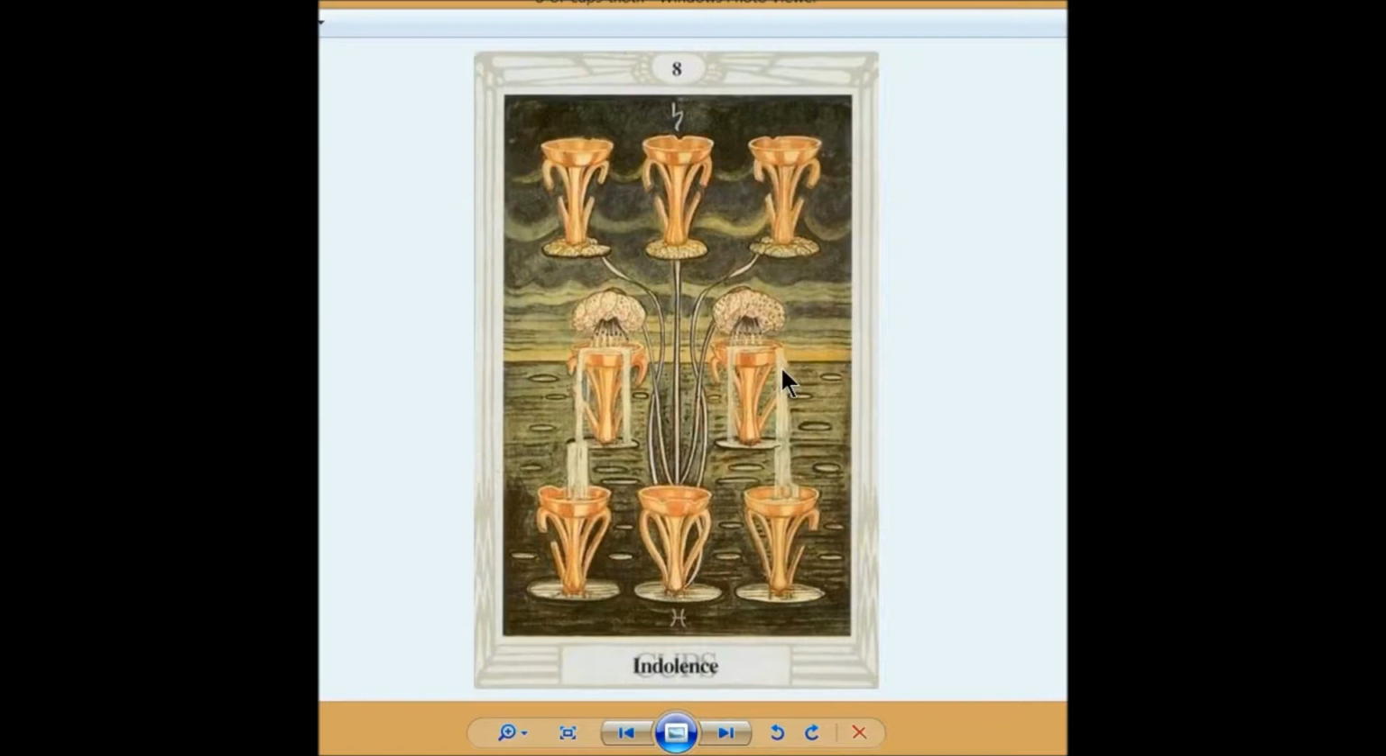So he's comparing the debauch card and the indolence card with Kundry, who either appears as a beautiful maiden, which would represent the debauch card, or as shabby, unkempt, and the dark woman, which would be in the domain of the Grail. So if we look at the divinatory meanings of this card,